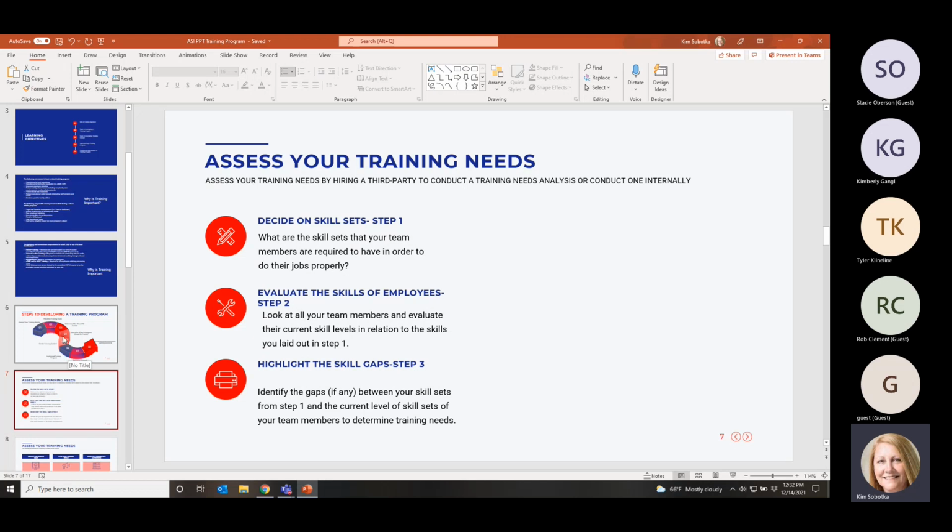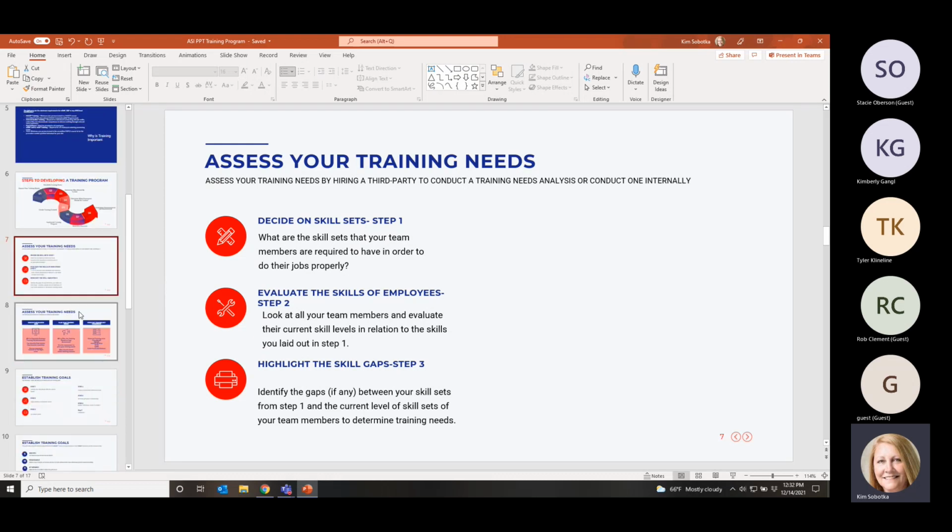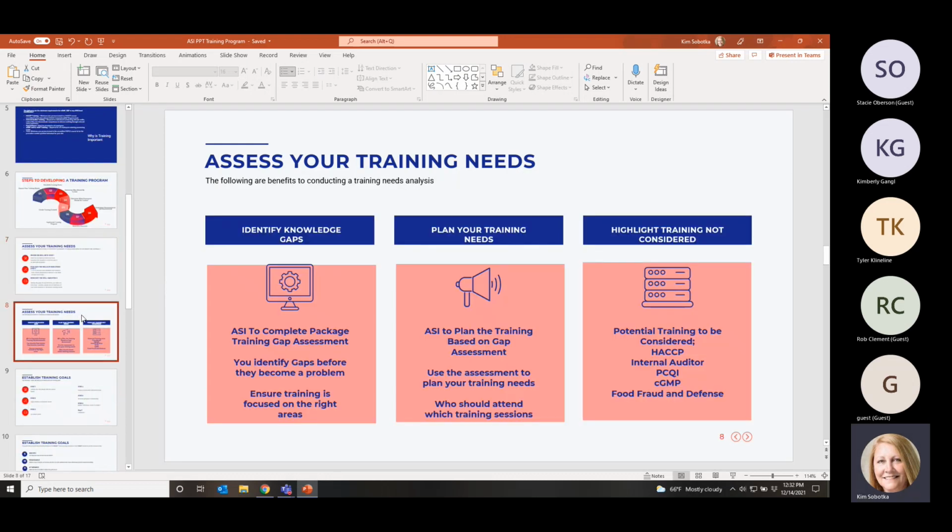And it's all about tweaking your training to make up the skill set that maybe your employees don't have, and giving them the tools to do their job right. Again, to reduce the bottom dollar of what you're going to lose in product when stuff is messed up and that kind of stuff. So assessing the training needs can be done internally or externally. If you want to find out how to do it externally, you'll call me, sometime after the training.